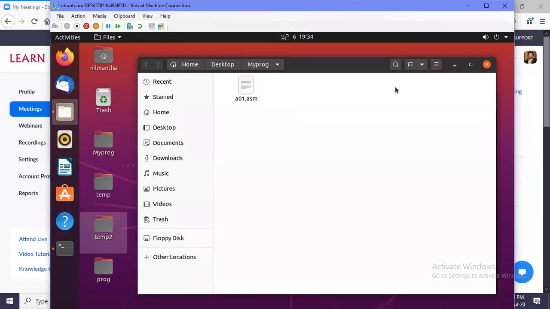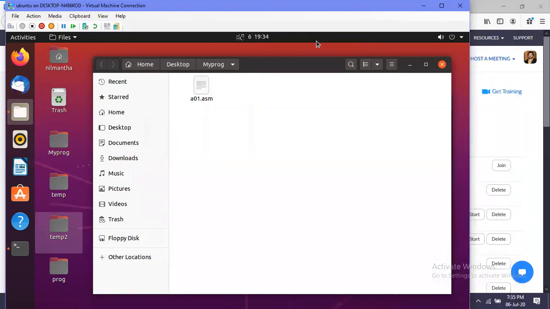When you change the source file, the assembly program file, again and again, it is time consuming to give those commands. It is not a good approach to type the NASM command and LD command again and again, or to navigate back using the arrow button. It is not an easy method. So we are going to use the make utility.